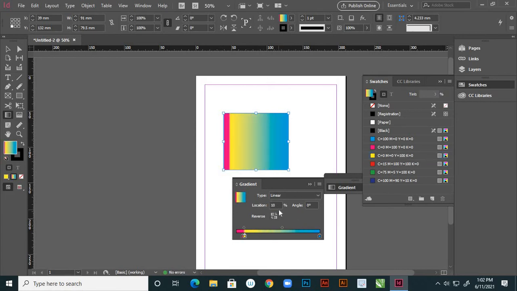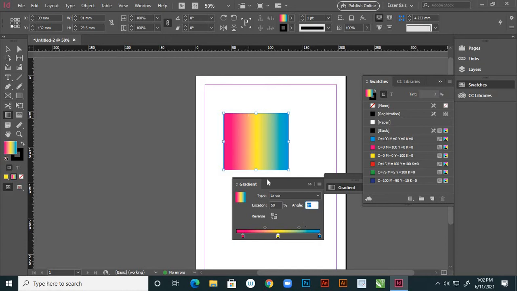See, after entering that value, press enter on the keyboard. So here suppose I'm giving the value 50 again and pressing enter on the keyboard. See, by choosing these values, the color location will change, right? So here it is the angle, whichever angle you want.